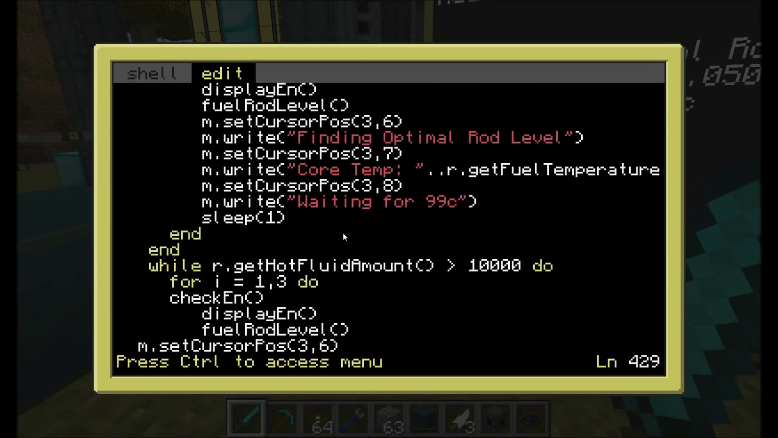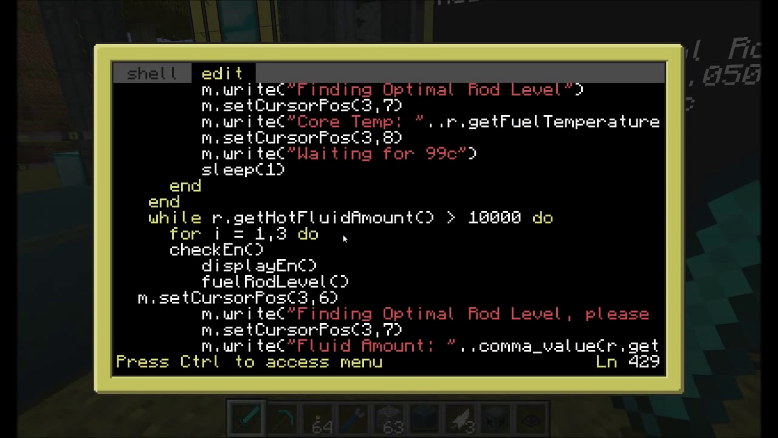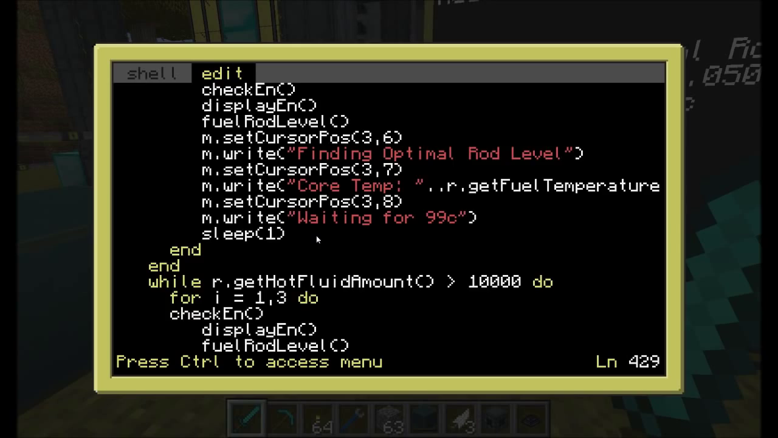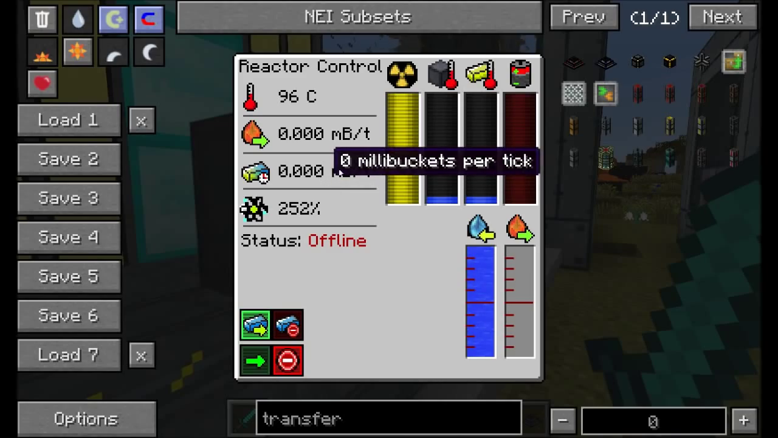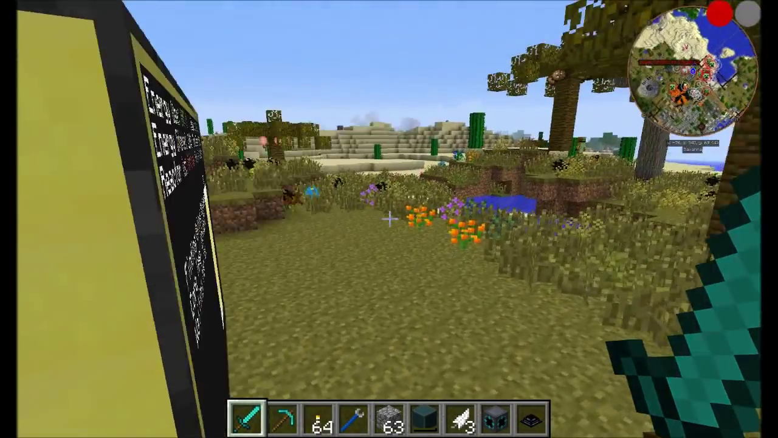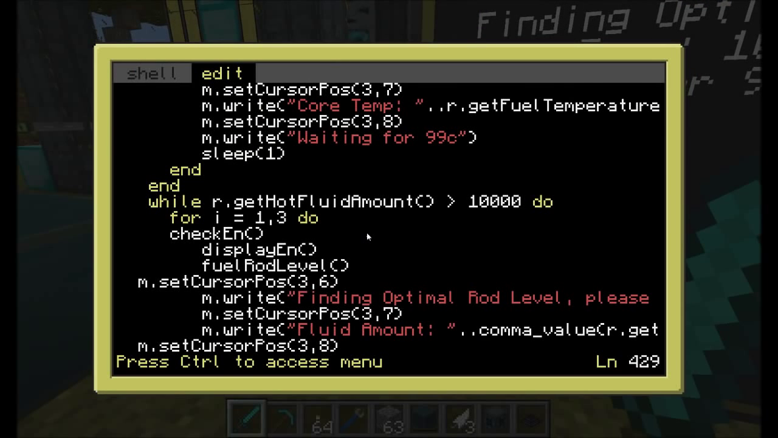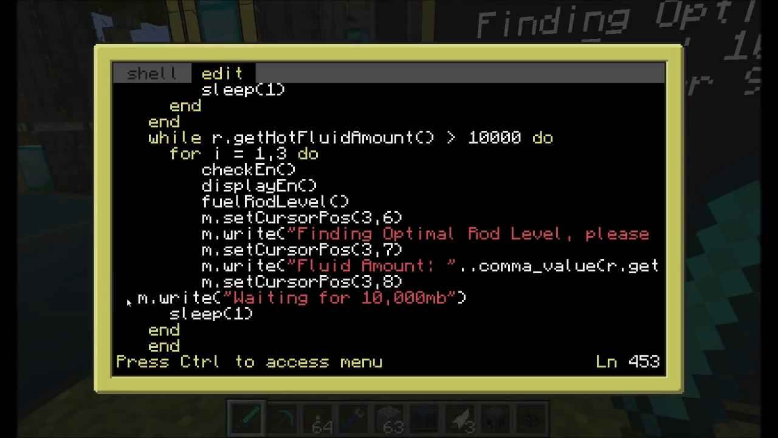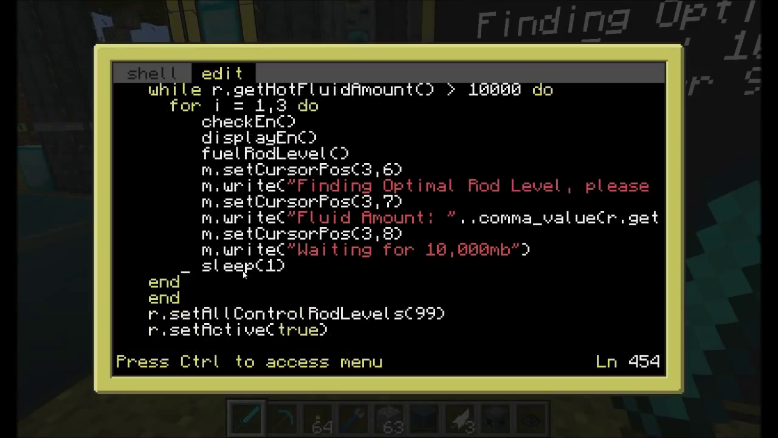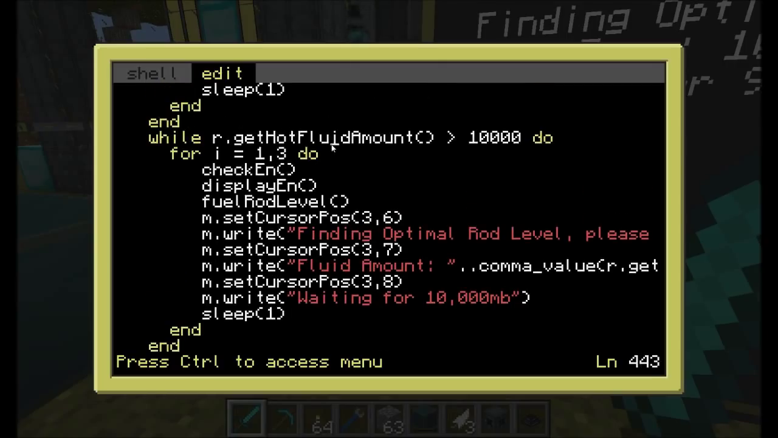I'm just going to turn off the control program for a minute so you can see the next piece. Now, what we want to do is get the hot fluid amount. Sometimes it will still be producing steam even though it's completely turned off because it's still hot. So what we want to do is wait for that to be below 10 buckets, or 10,000 millibuckets. So what we do is we wait for all that built up backlog of steam to empty out. Typically, you're not going to run into that, but I was running into it in my testing, so I just added something. It waits for the current amount of steam in the reactor to get below 10,000 before it's allowed